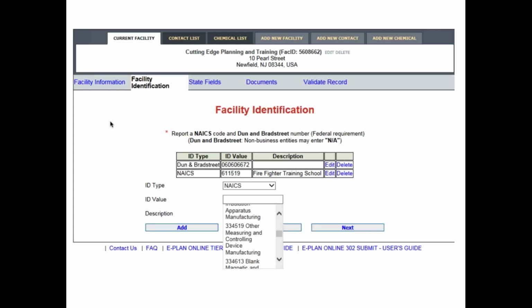My next page is my facility identification. I must have a Dun & Bradstreet number put in here. If your facility does not have a Dun & Bradstreet number, I will put NA in the ID value. Also, make sure that the NAICS code is correct. And this is also where, if you are a TRI facility, a Toxic Release Inventory facility, you will click and put your TRI information in here, as well as